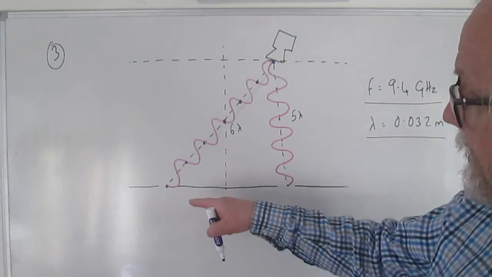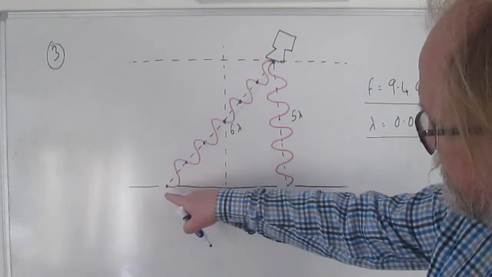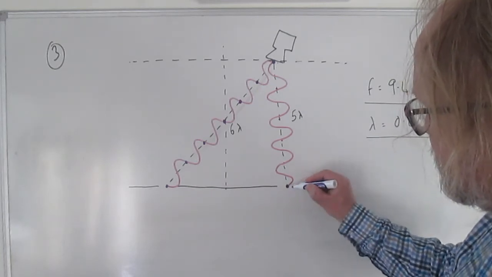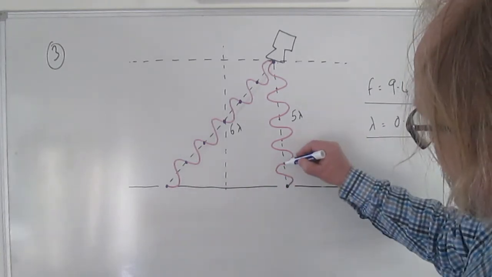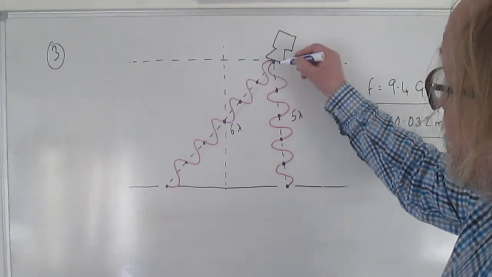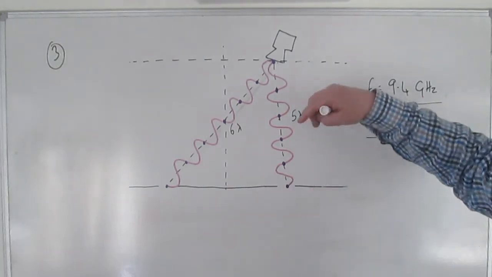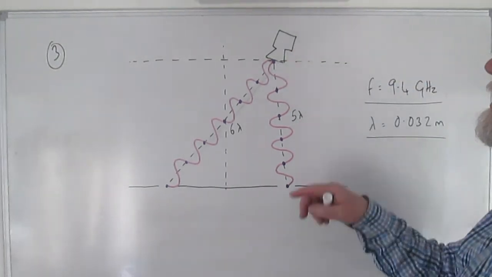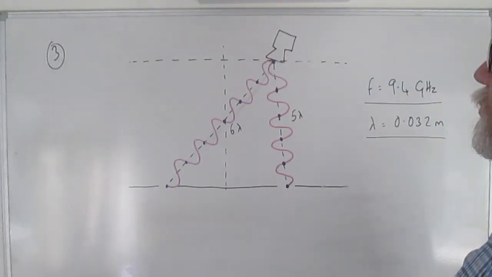And you can see that these two waves are also in phase with one another at the point where they start. So this has got the same phase as that, and it's in phase with this, and this, and this, and this, and again with that one. So the important thing is that at that point where it arrives at the detector, the two waves are in